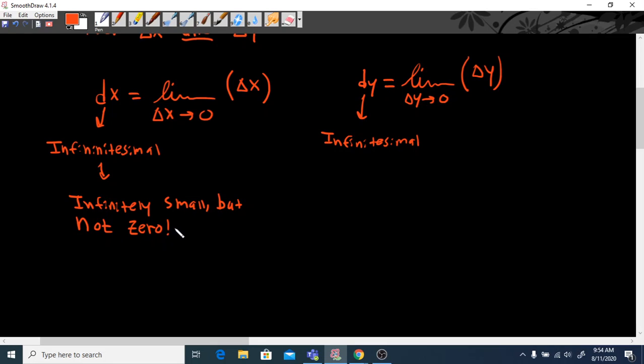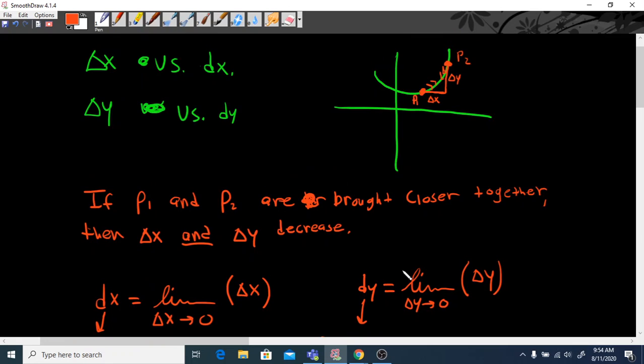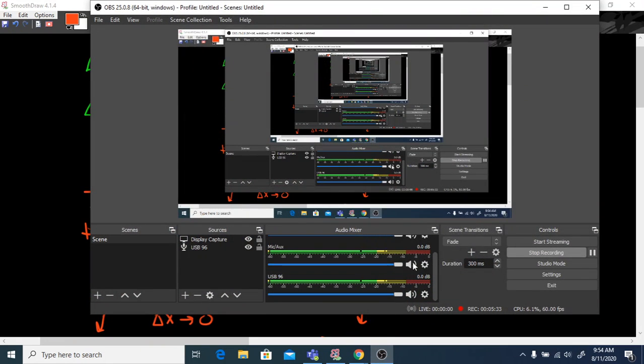Okay, so any type of d anything, dr, ds, dx, dy, just means a tiny, tiny sliver of x or y or whatever you're talking about, and you make that sliver smaller and smaller and smaller without actually making the gap zero. And that is the meaning of dx and dy, and that's really all I wanted to do in this video. So I'm going to call it